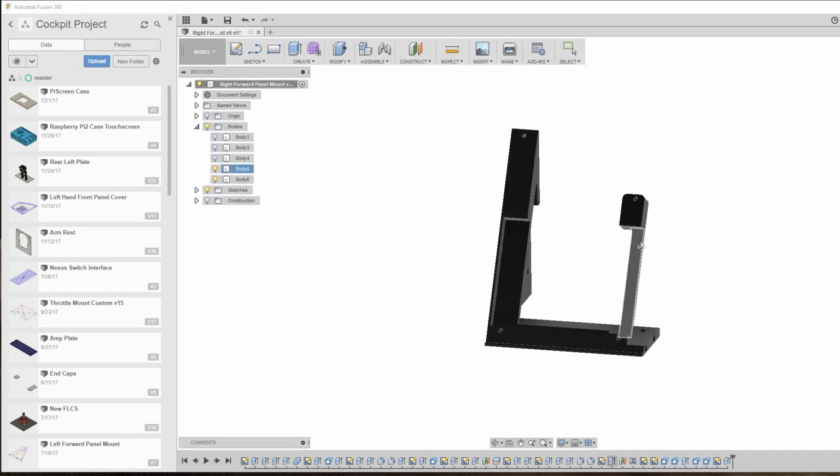Now they're not exactly the same, mainly because I've cut this pocket out in the mount, this area here, which is just basically drawing a rectangle the same size with a little bit of leeway as the Nexus 7, and then extruding that and cutting into the original shape. Also thickened it up so I had something to cut into as well, made it a bit more rigid. And the Nexus 7 will essentially sit in this pocket here, and then the plate, which we'll cut on the CNC machine in a minute, will go on top with a nice bezeled opening in this area here